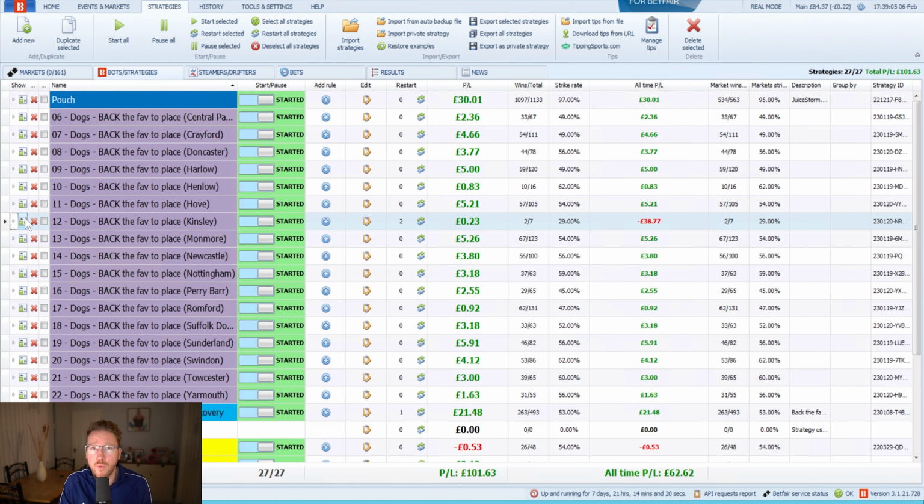And maybe they don't want to risk that much. You know, £20, that's a pretty low risk, plus your subscription to BF Bot Manager, which you get a 7-day